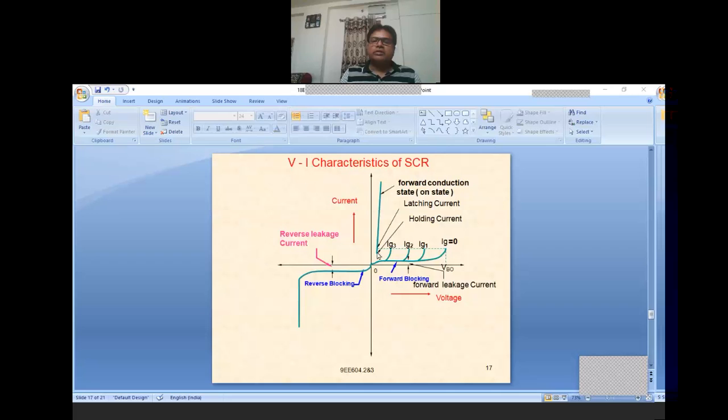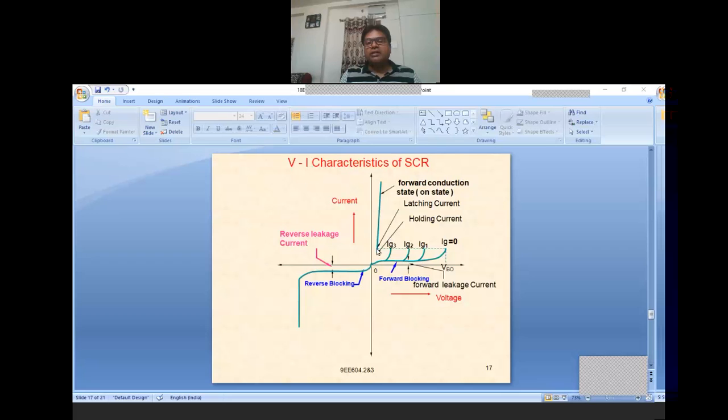in which two currents are shown. One is latching current and one is holding current. Once after reaching the forward breakover voltage, current increases rapidly, but still we cannot say that SCR has entered into conduction mode. The forward current will increase,